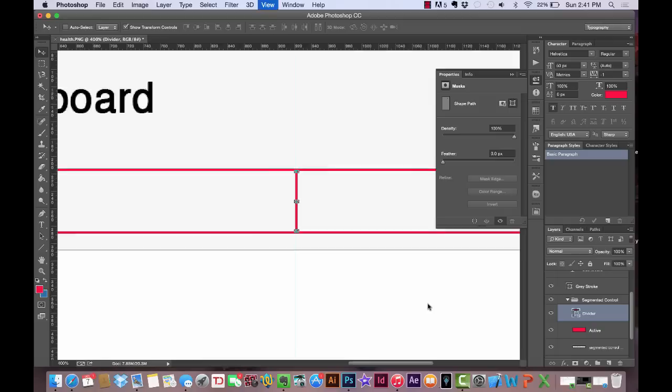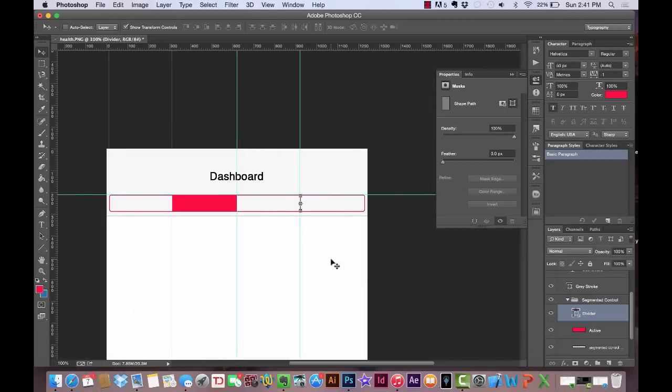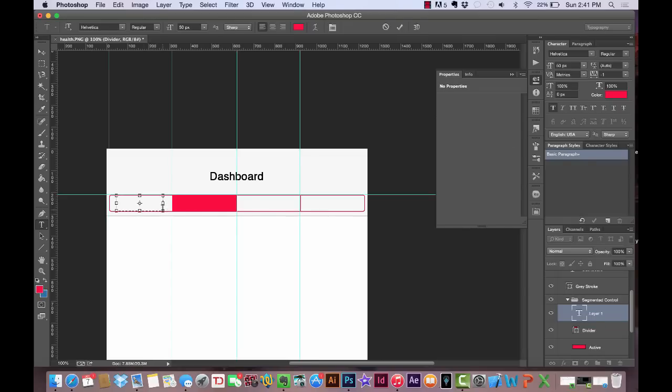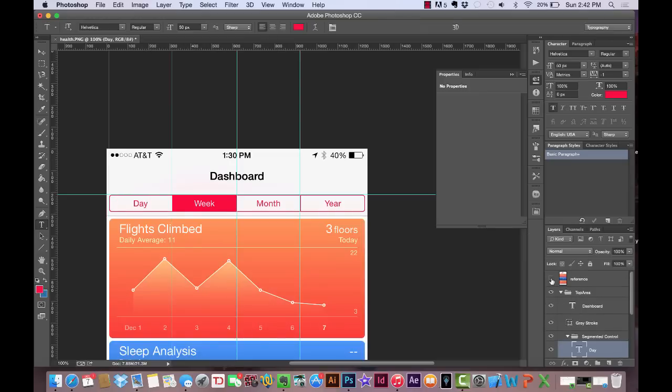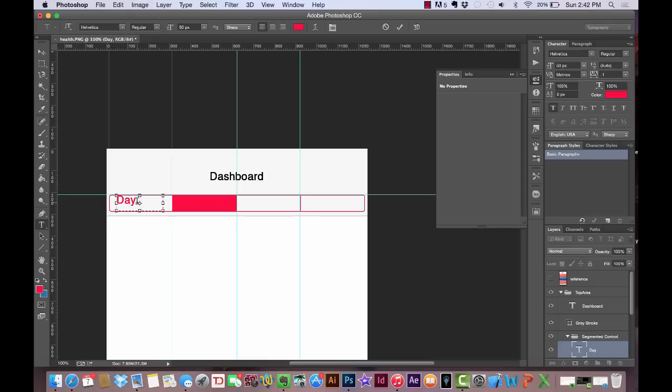Let's go ahead and add some text here, which will be easy, and we're looking pretty good. I'm going to create a new text layer. Just drag it inside here. All right, and let's call this day, week, and month. Let me just double check the reference real quick. Day, week, month, year. Yeah, cool. So obviously it's way too big. Let's change the size of this. I'm going to go down to 40 pixels, and I'm also going to change this from regular to light. And let's just center this,